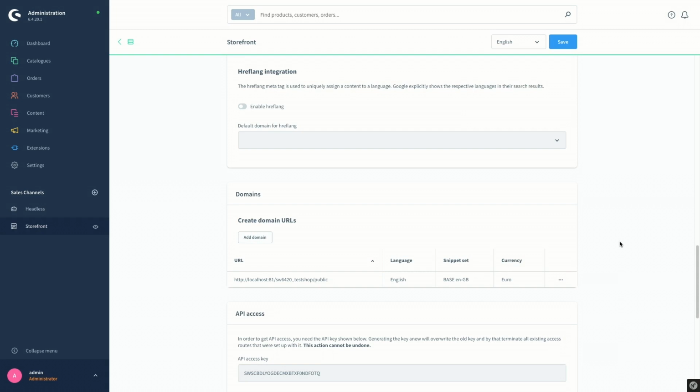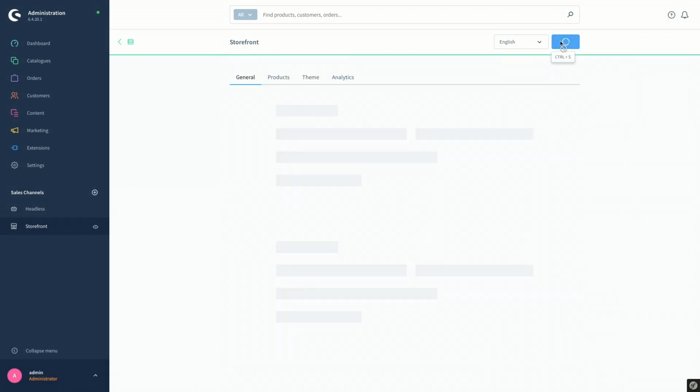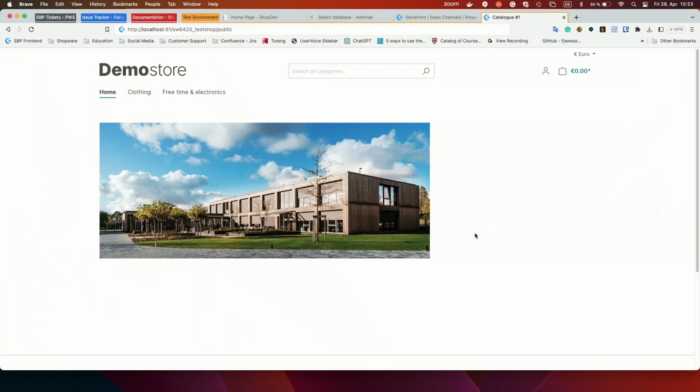So we have adjusted the domain here, and then we can save the new settings. So now the test environment URL is there and accessible and ready for you to make changes securely without interfering with the live environment. Before closing, I want to state two tips about the extensions.